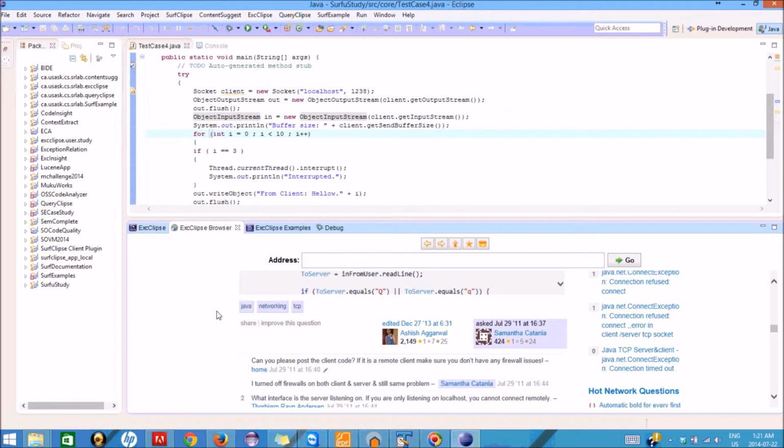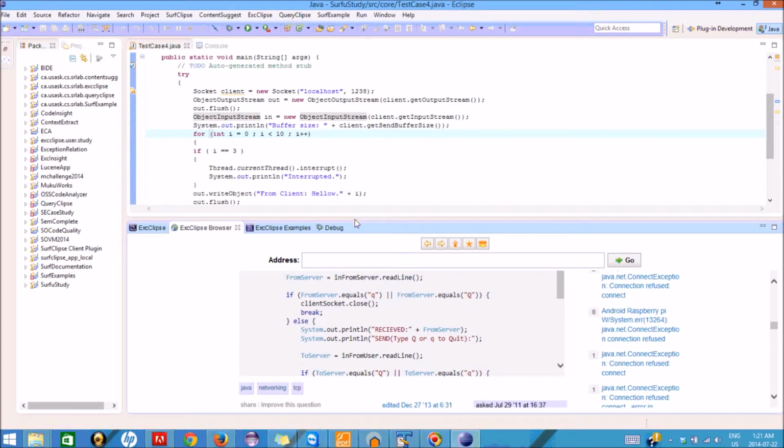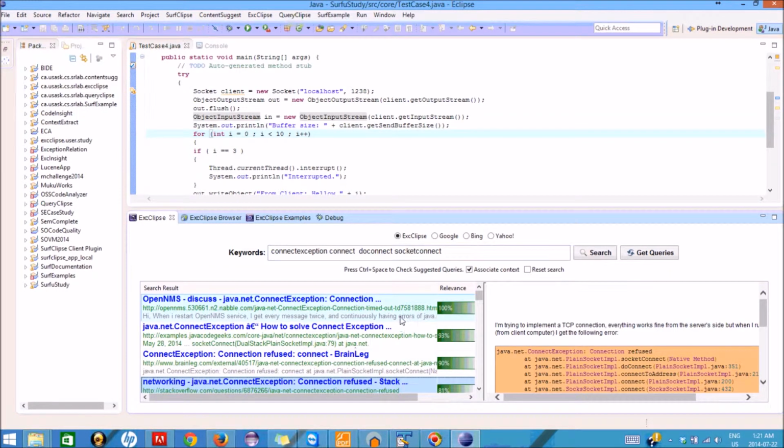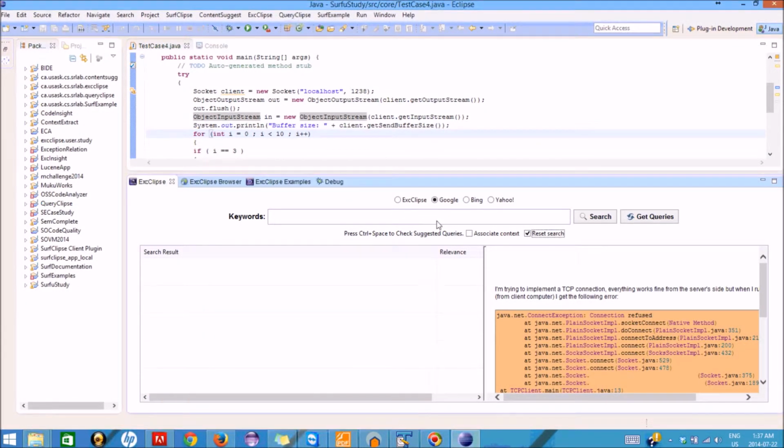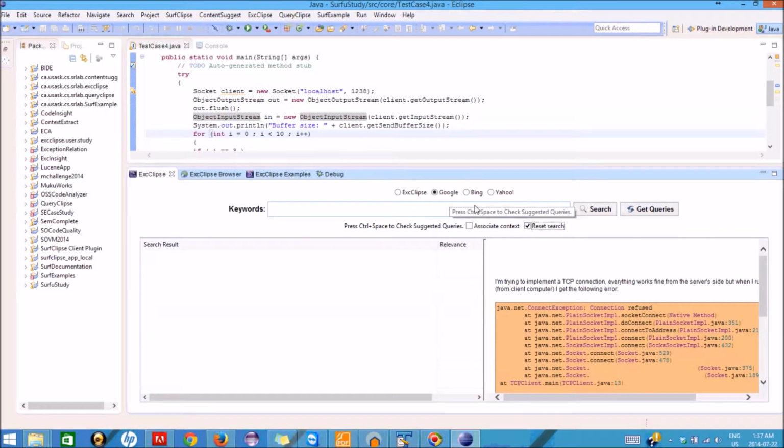So this is how a developer can easily check the relevance between the current problem at hand and the problem discussed in the web page. This provides much more flexibility and a more reliable ranking from a theoretical perspective. ExcClipse also provides other options, and it facilitates search with other traditional search engines like Google, Bing, or Yahoo. So let's try maybe with Google,